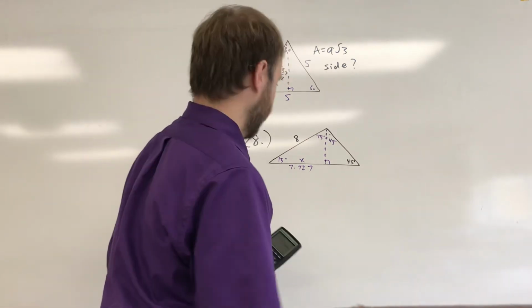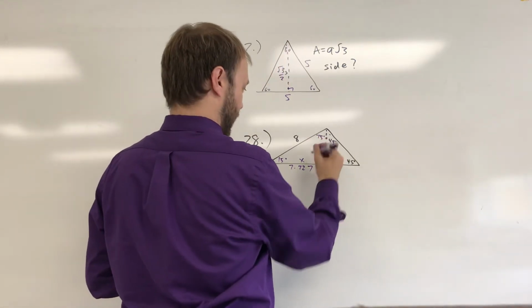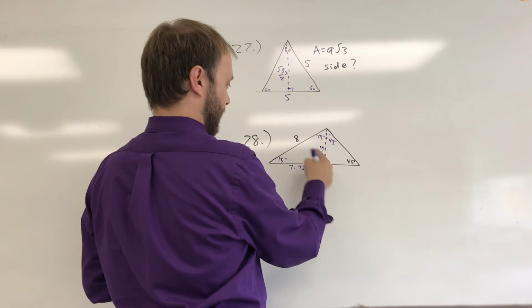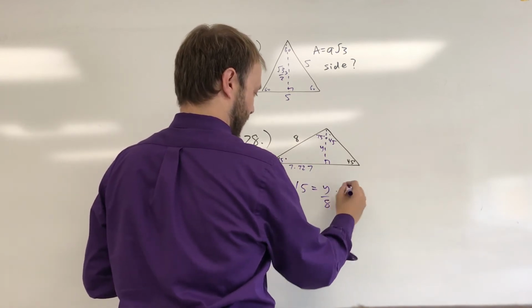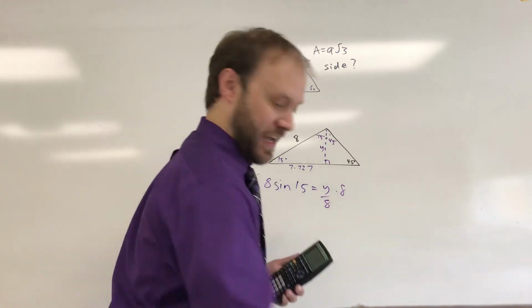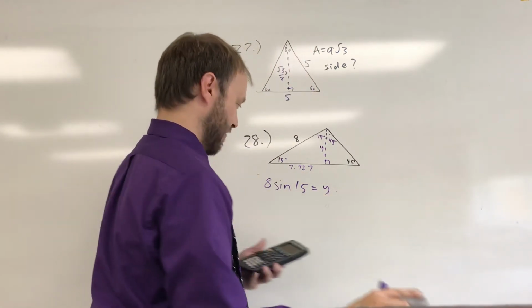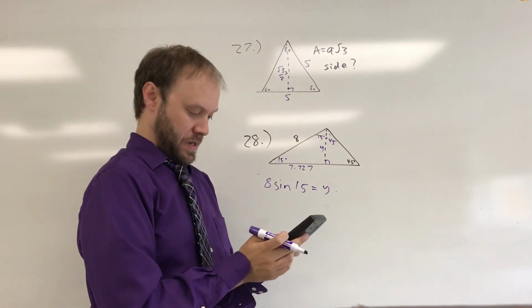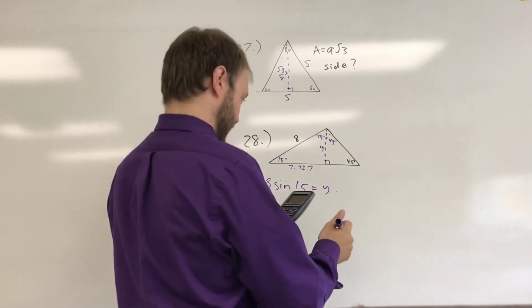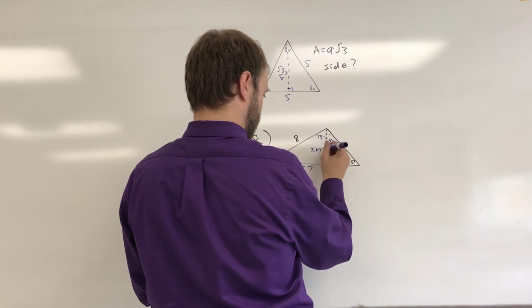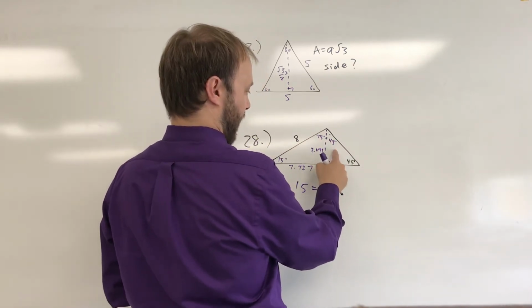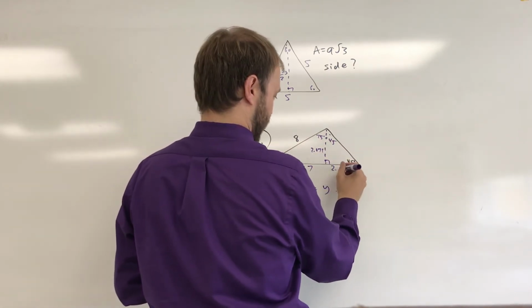I need to find this other side here. I need the altitude of the triangle, so I'm going to call that y, okay? And I've got an opposite side and a hypotenuse. That's a sine of 15 is y over 8, and I can multiply both sides by 8. So 8 times the sine of 15 is going to give me y, and that's about 2.071. And since this is a 45, 45, 90 triangle, these two sides are going to be the same, so that's also about